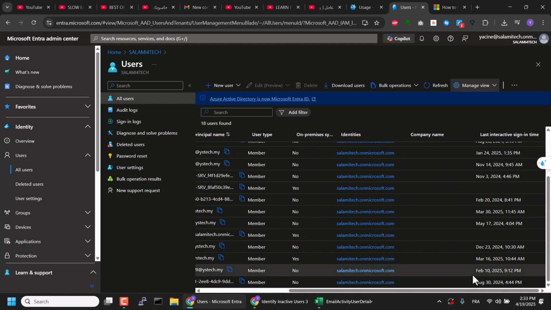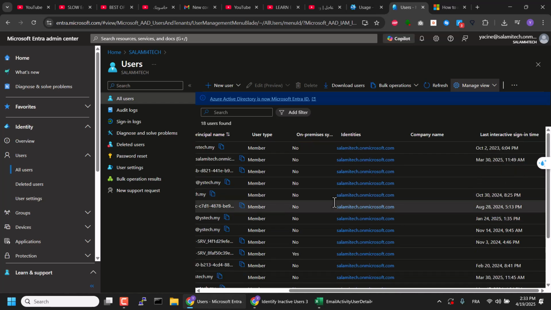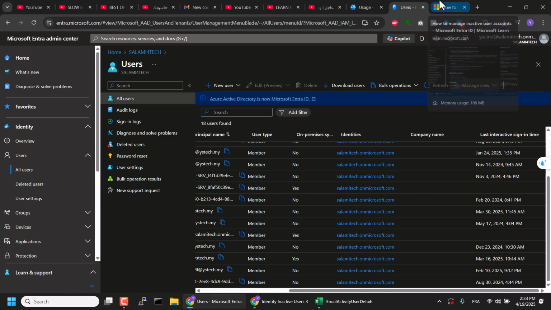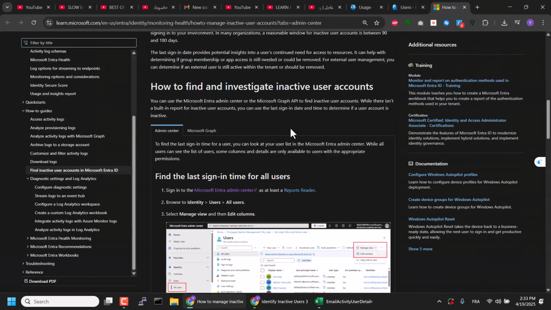We expand the left, so the last sign-in. But this method tracks sign-in, like if the user signs in on a web page, on another computer, in the browser, I think so. But this method requires some license. Let's get more details from this article from Microsoft.